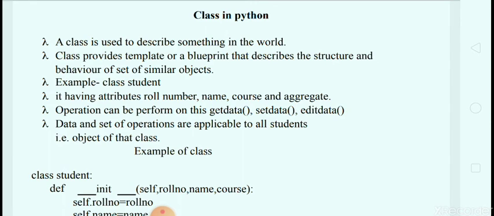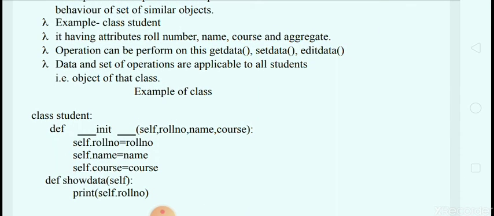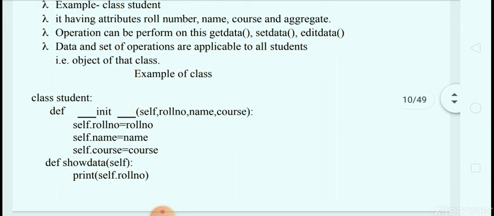So here we take one example, class student. Whenever we have to declare any kind of class, the class keyword is used. So we declare a class by using the class keyword, and student is the class name. After that we create one method or function, that is the init method. Here we use the def keyword at the beginning of the init method, so it is called a function, or it is also called a constructor. A constructor is nothing but a special member function which has the same name as the class.